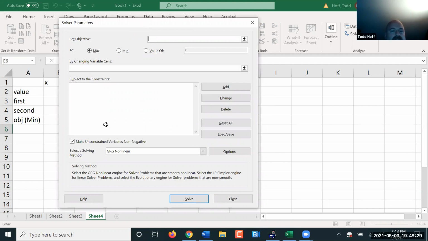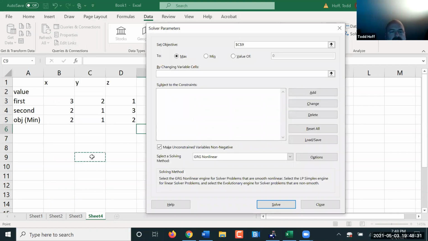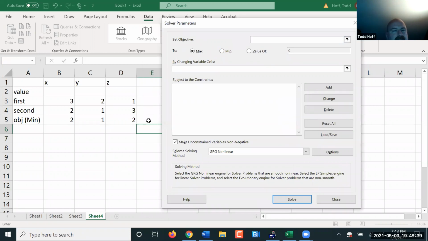My objective here, shrink this down just a little bit. Well, not me right now. So my objective here, I am going to click on this cell right here, this is my objective. And I want to minimize that value. So I click on minimize by changing these three cells, X, Y, and Z,